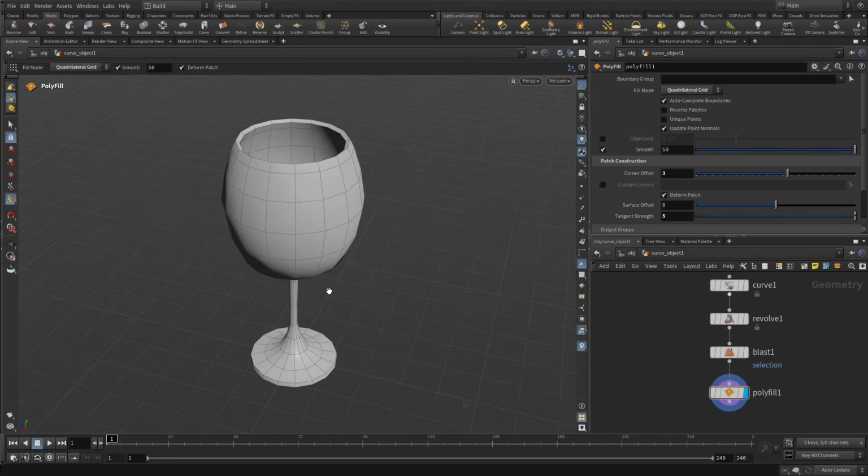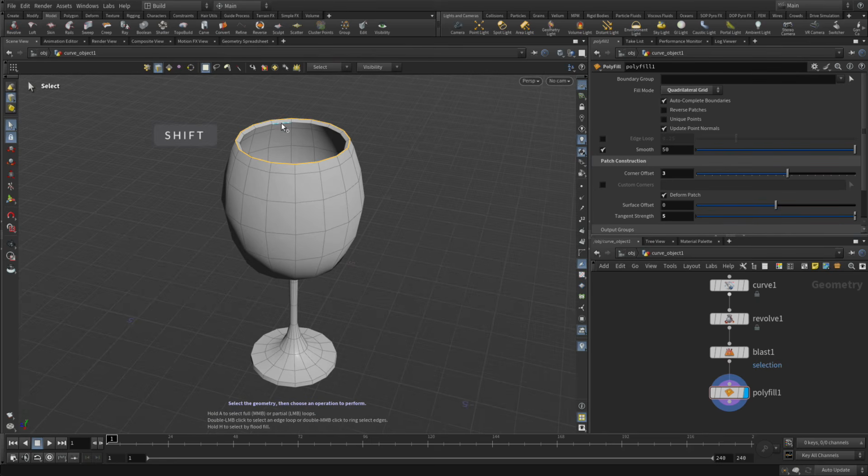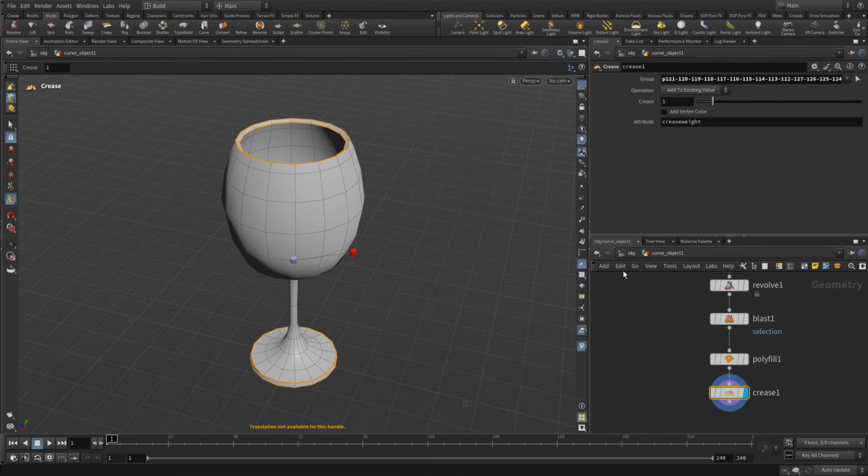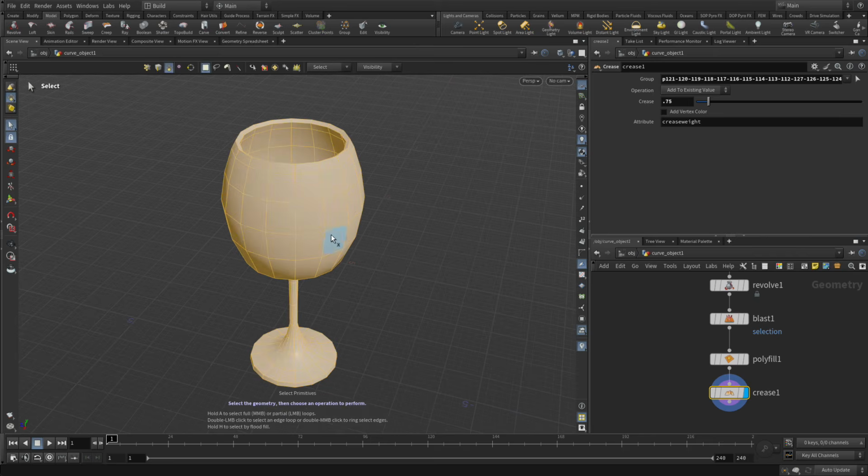Now what we want to do now is we want to press 3 to get edge selection. We're going to double click on this edge, shift double click on this edge, shift double click on here, shift double click on there. So we've got all 4 of those edges. We're going to go tab, crease, and once we have that, we're going to create a crease of 0.75, and that will not affect anything until we subdivide. So if we press 4, double click to select the whole thing, we can then go tab, subdivide,